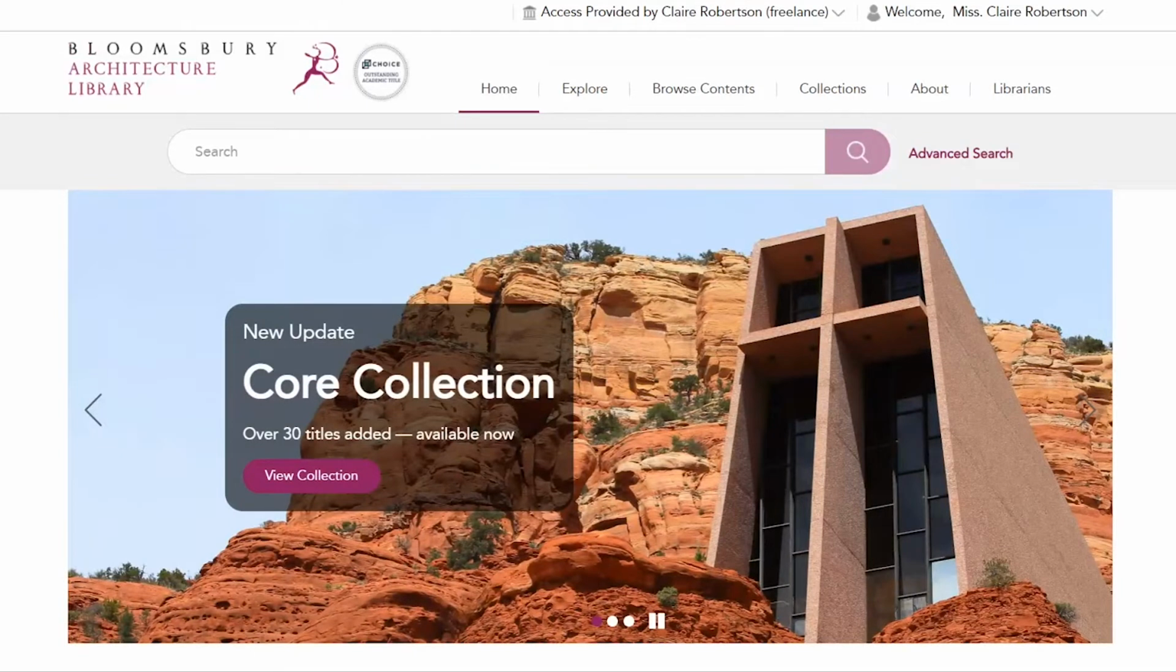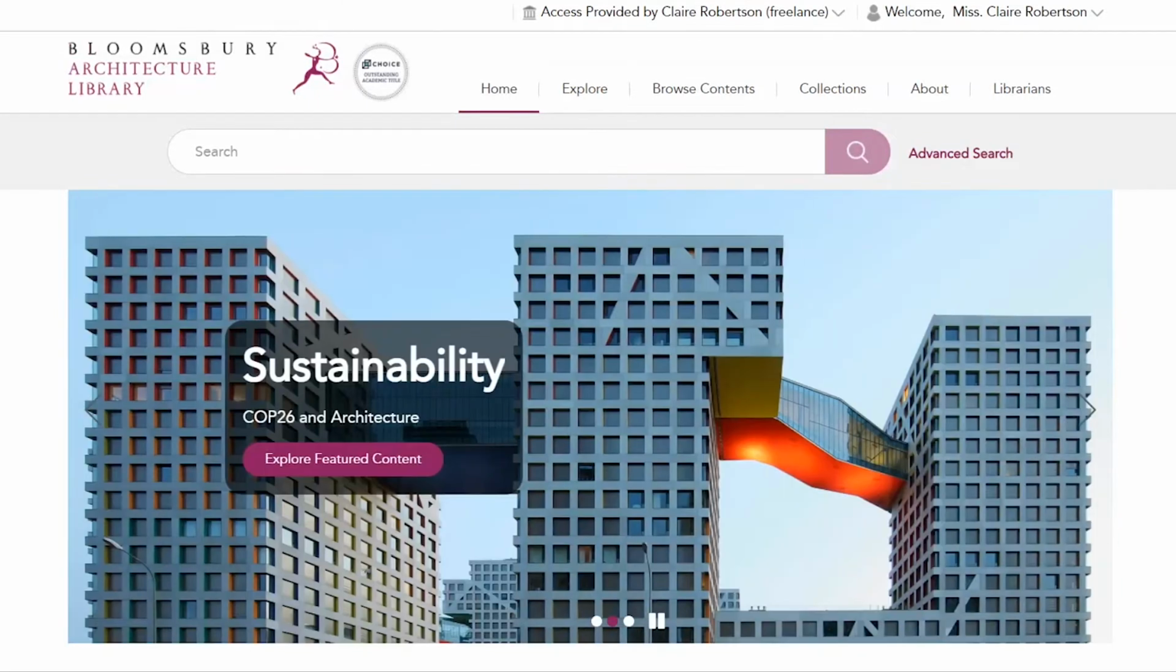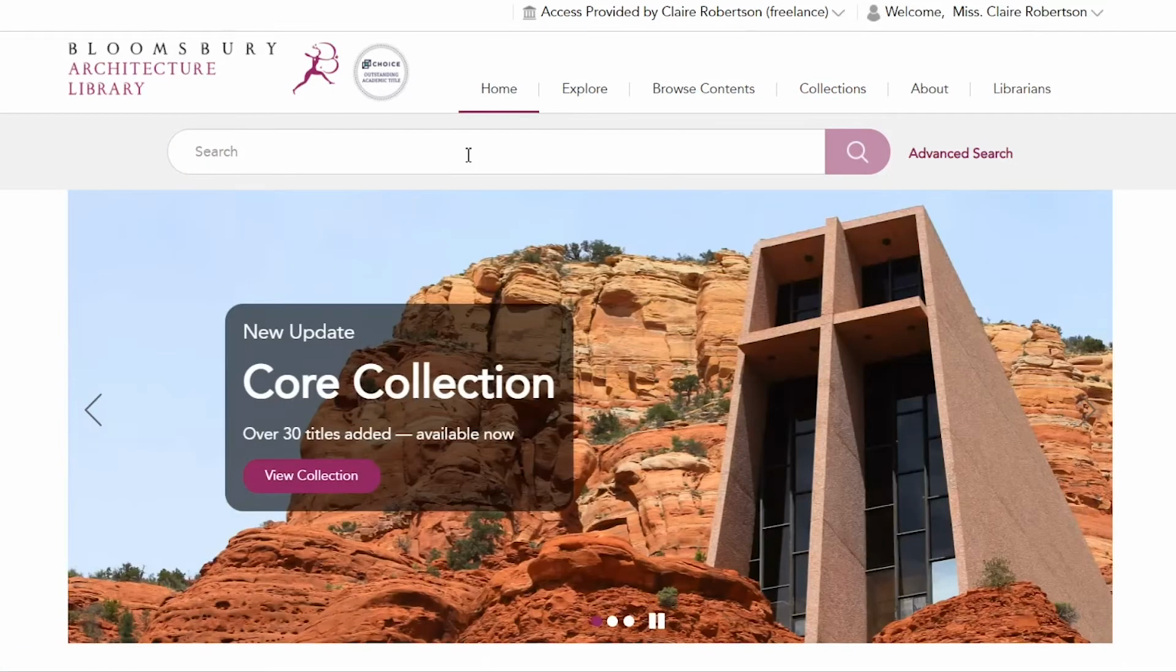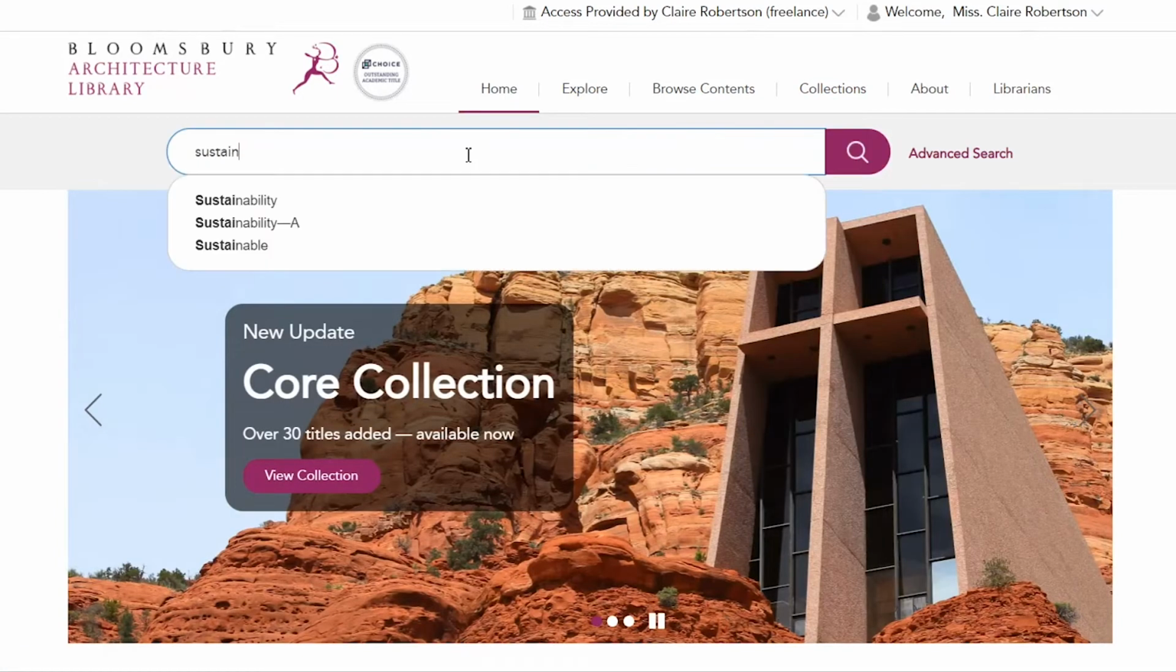If we imagine that someone has just read our featured content on Indian architecture and then read the one on sustainability and has thought, maybe I would like to know more about sustainability in Indian architecture. Well, there's a few ways that we can do that. Firstly, we can use the quick search bar. So I can just search for sustainability,